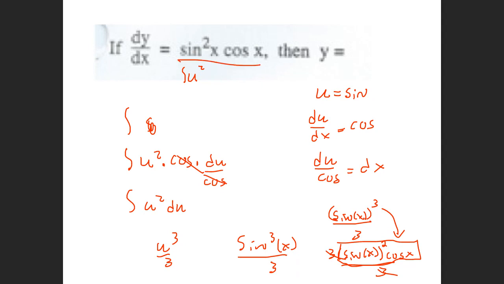So you can always check your answers. Whatever you think your integral is, just take the derivative of that and see if you go back to what you started with, because it has to. If it doesn't, you did something wrong. All right,